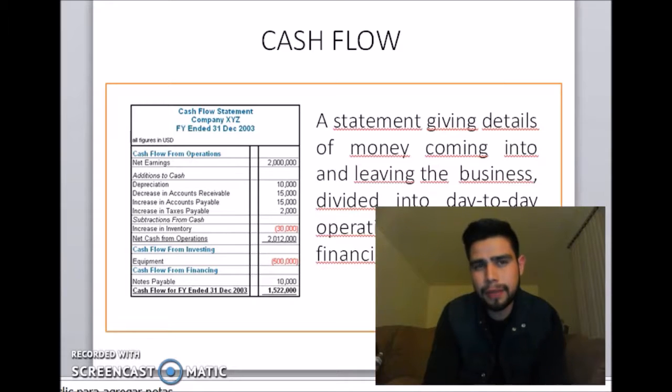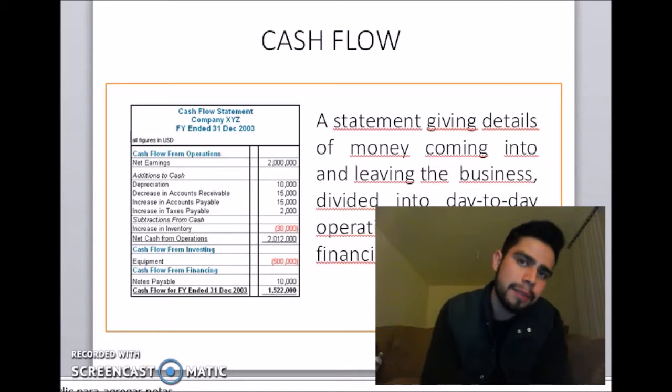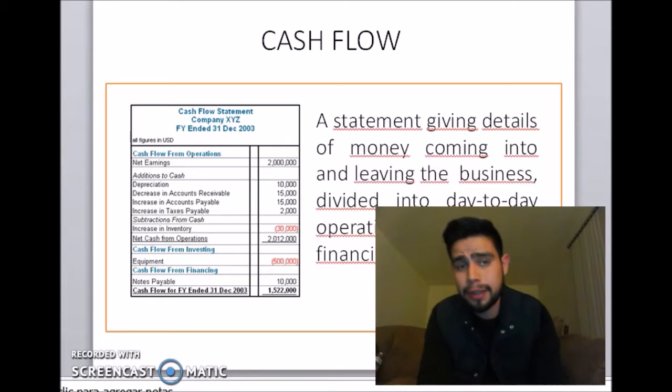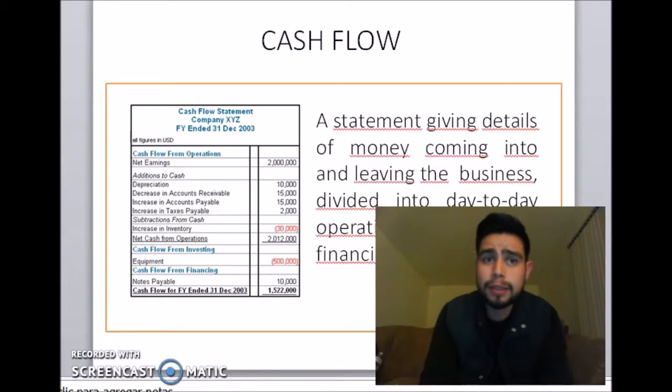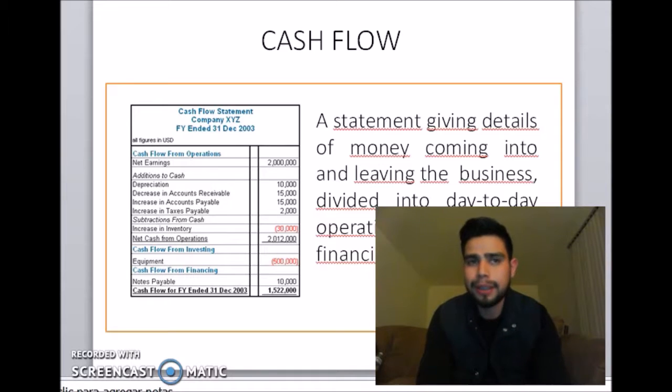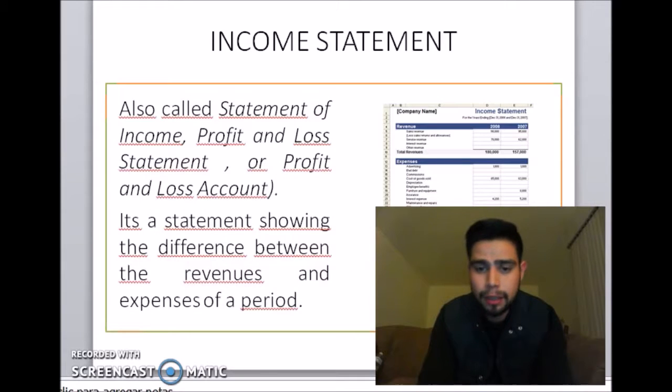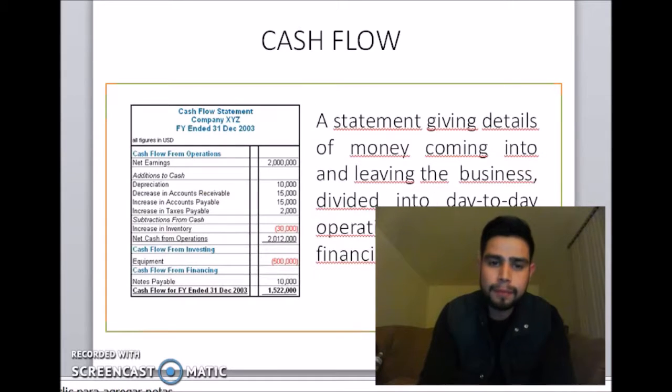The statement of cash flows is the basic financial statement showing the cash generated and used in activities of operation, investing, and financing. The purpose of this statement is to present fundamental information regarding the cash movement of an economic entity over a period. For example, I show you